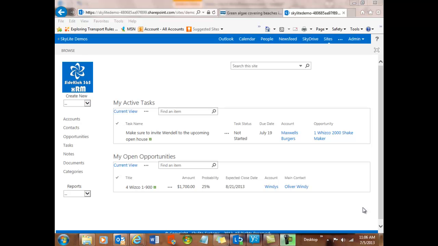create reports using customized list views within SideKick 365 xRM, and the same holds for really any SharePoint app. So this would work with SideKick 365 DCM as well, our other product currently in the marketplace. So let's take a look. We'll go through a quick overview of the basic idea and the concepts. Then I'll show you a report that's already been created,